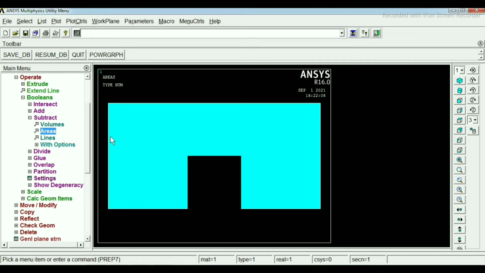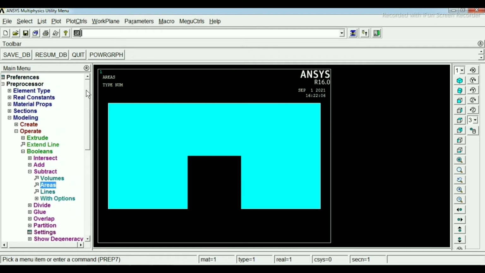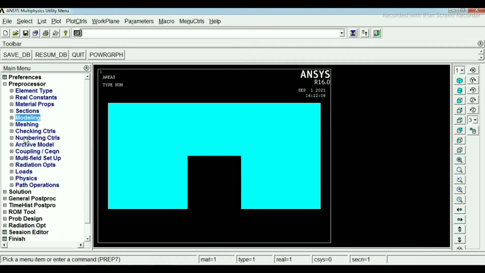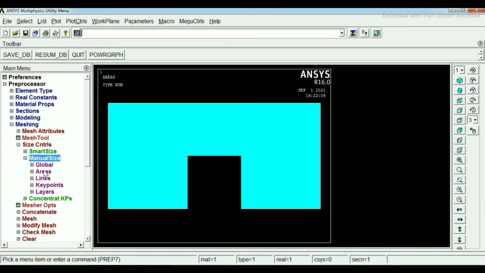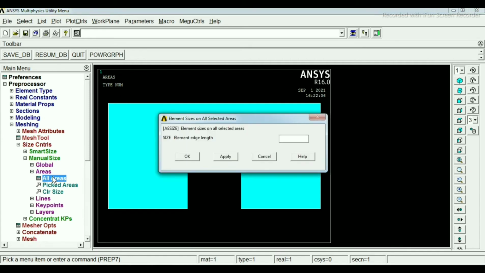Now we have to go for meshing. Click on meshing, then size control, then manual size, then areas, then all areas. Now we have to enter the element edge length. So I am writing 5. You can also write 3.